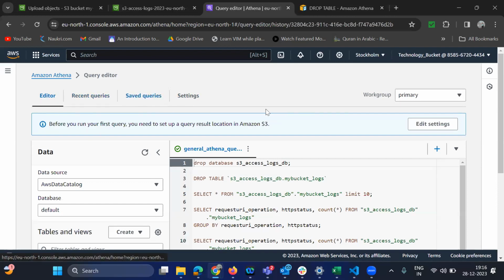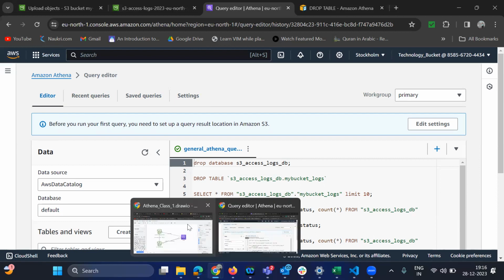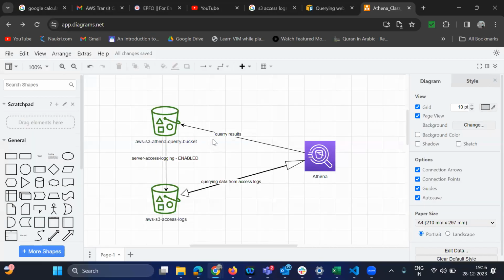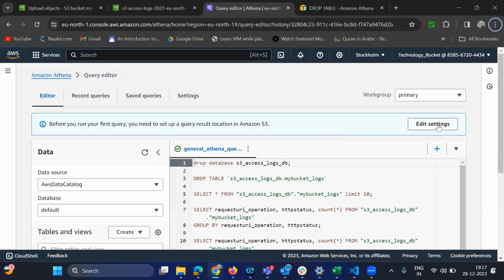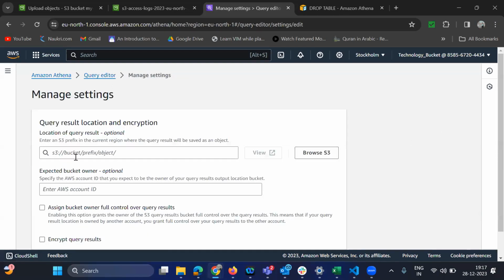So while you are at this editor section, it is asking you, before you run your first query, to set up a query result location. As I showed you, you have to select an S3 bucket location where you will be storing your query results. So we will be storing our query results into the Athena query bucket. Okay, so let me go to that part and go to this edit section. Let me toggle this up. Go to the edit section, and you just need to provide this location. You can also get that option from here, browse S3 bucket,